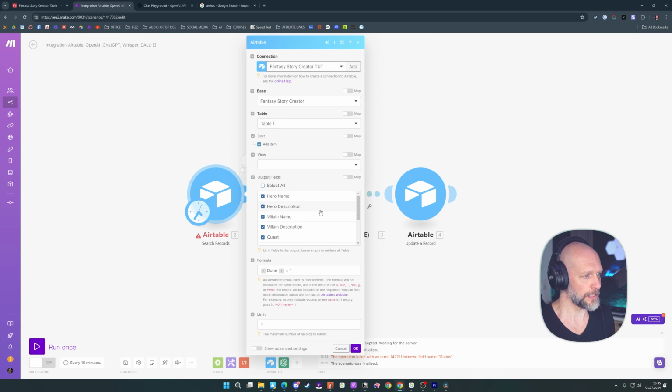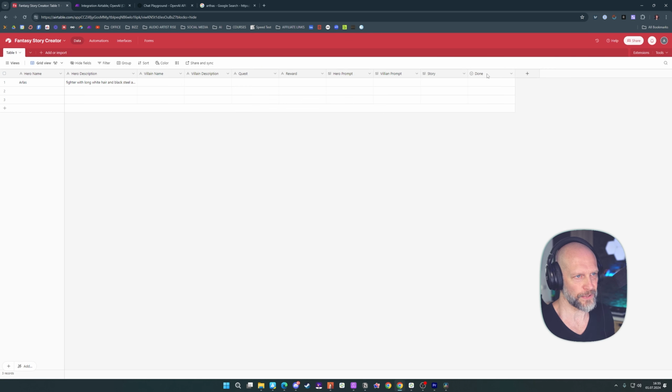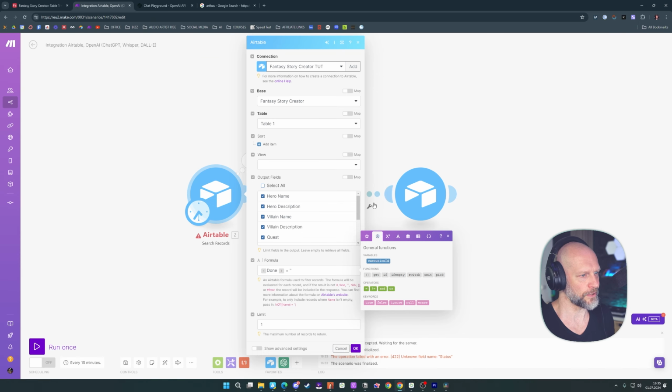What you then have to do is hop in here, because I got an error message and I apologize, but this stuff can sometimes be tidy, but I just want to show you all the details on what is happening so you know, troubleshooting wise, what is going on. Because this field was named status, it couldn't find it because we put done right into the formula. So what we have to do is rename this field to done, because this is the easiest way,